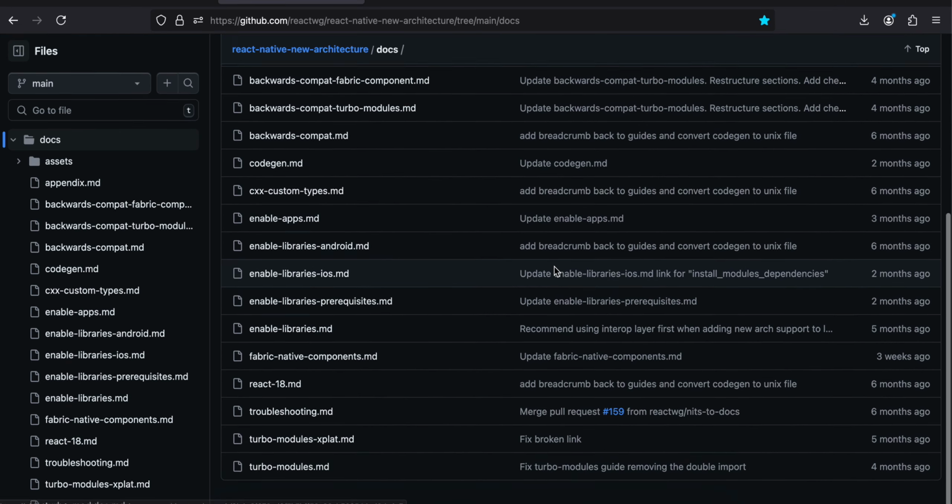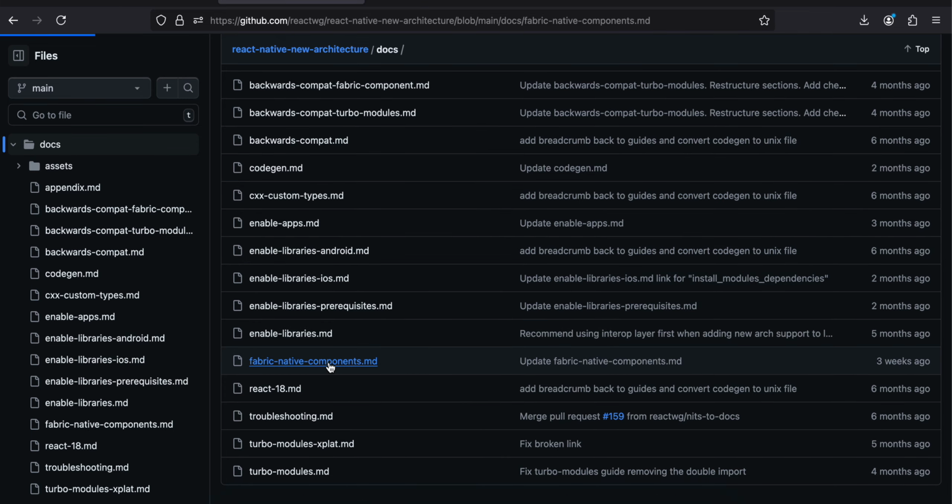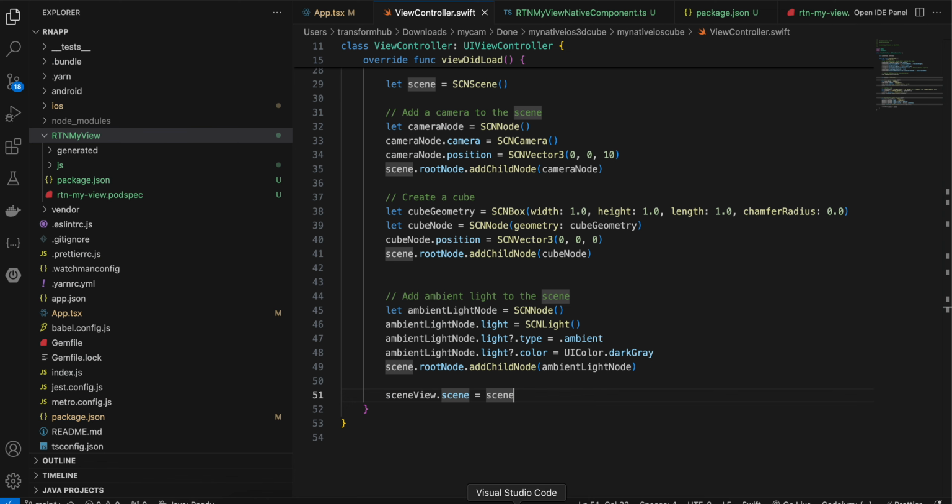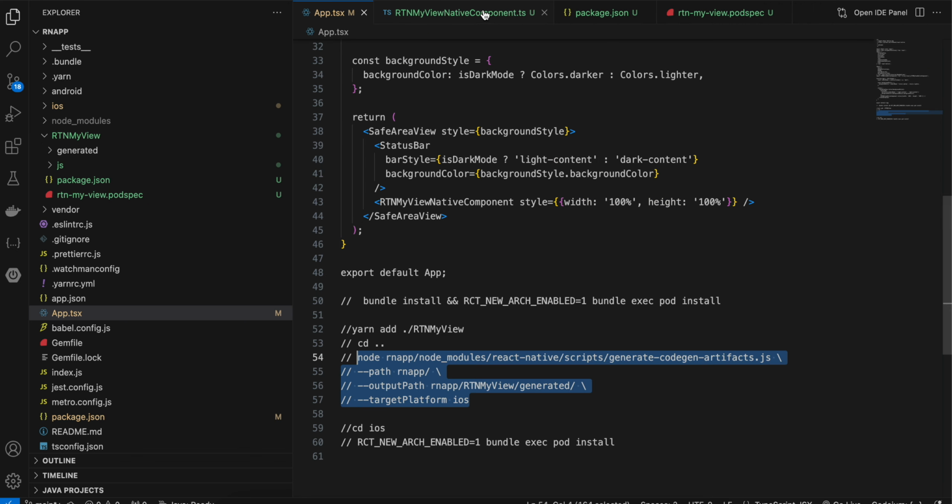So firstly you will have to go to this documentation and open this fabric native components.md because I will be copying a lot of code given that I am using React Native's new architecture. Then first what you have to do is